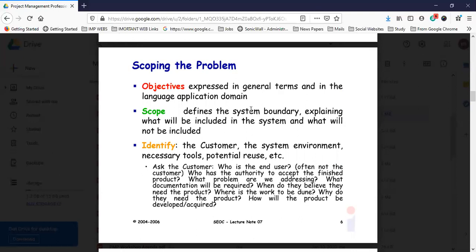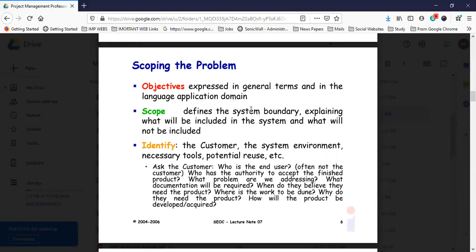What problem are we addressing? What documentation will be required? When do they believe they need the product? Where is the work to be done? Why do we need the product, and how will the product be developed and acquired?